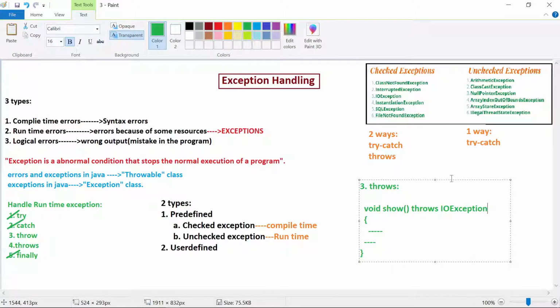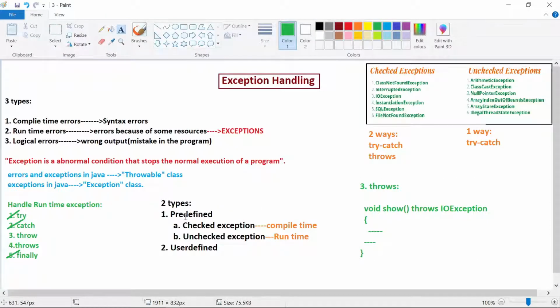I'm repeating once again, unchecked exceptions cannot be handled through throws keyword. Only checked exceptions can be handled. That's why I have written IO exception. IO exception is a part of your checked exceptions. Or else, if a class not found exception can be raised, then you can write class not found. In that way you can go with the throws keyword. Got it? So that is about predefined exceptions. Predefined is nothing but these exceptions are already defined.